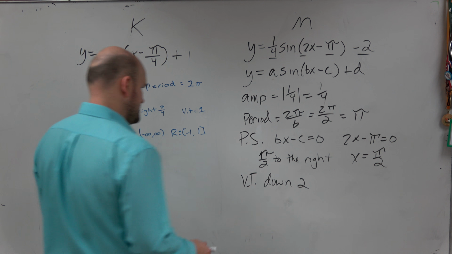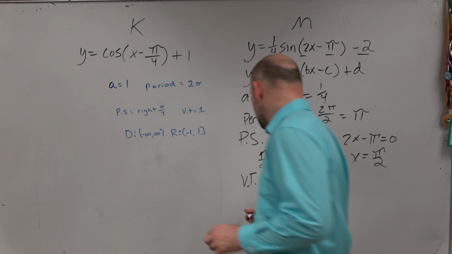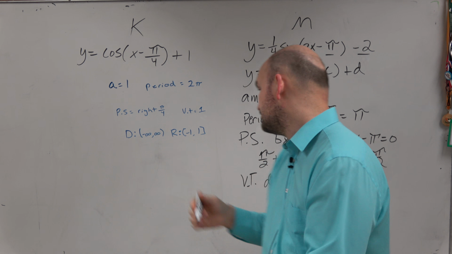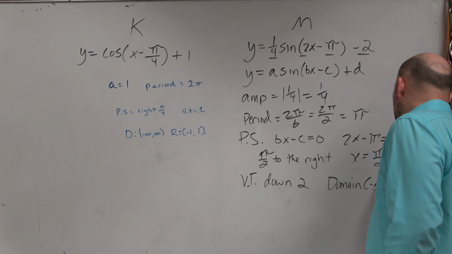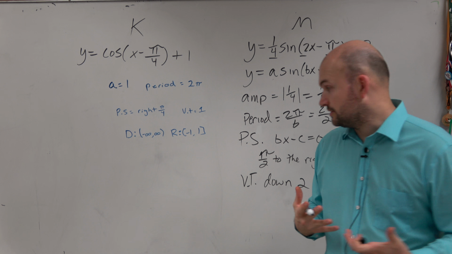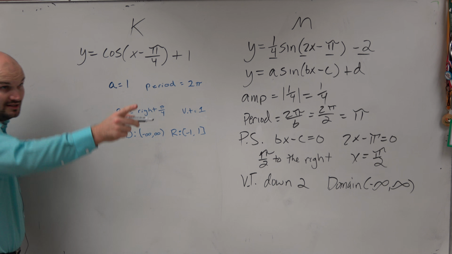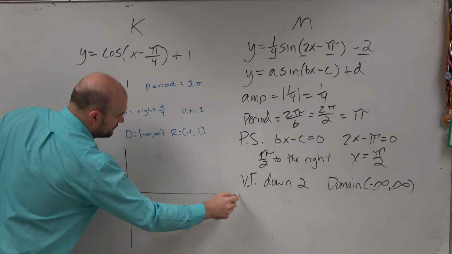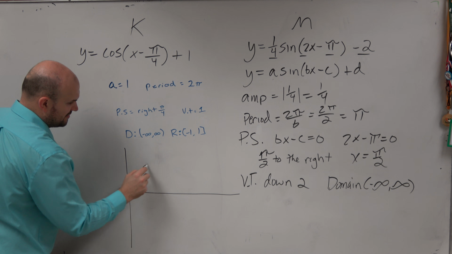The next one is our domain. And domain's rather simple, because as we looked at the graphs yesterday, you guys see these graphs continue on and on. So the domain is all real numbers. To understand the range, though, we're going to want to look at the graph. So I am going to graph the initial period. So there's the initial period. If we graph just a rough sketch of it,